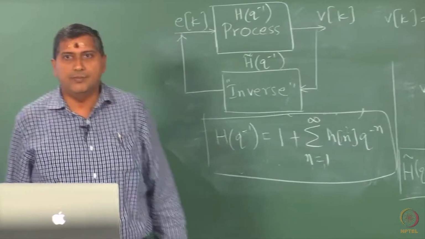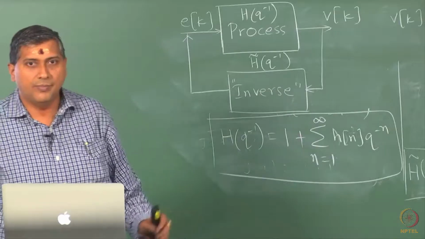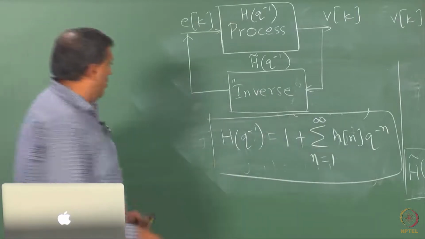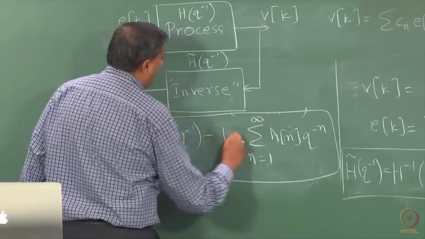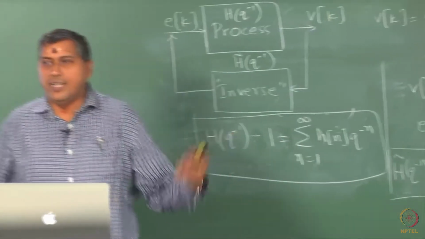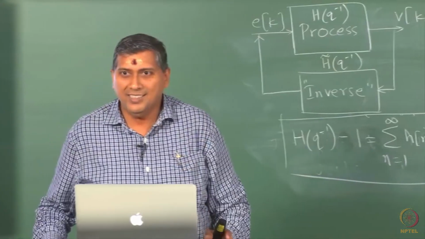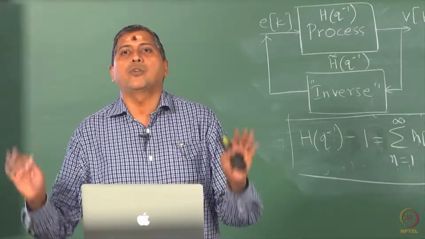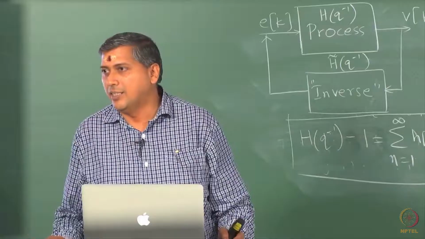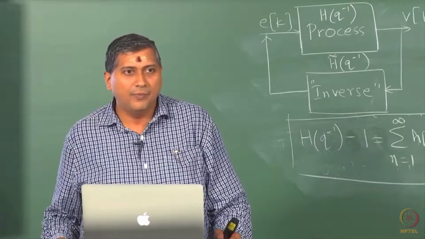This is my H for a linear random process. So, straight away this identity comes up. All I am doing is, instead of that summation, substituting H of q inverse minus 1. It is just plain algebra, there is nothing magic there.